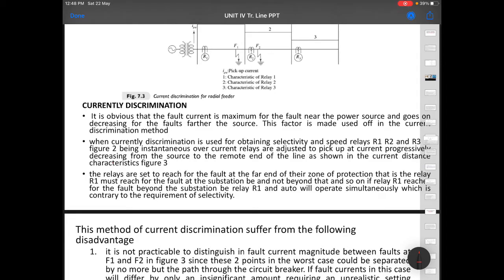Good morning. So we were discussing the protection of transmission line using overcurrent relay. As I said, it was not for the syllabus but for better understanding of the protection of transmission line using distance relay. To understand better the protection of transmission line by distance relay, we were looking at these aspects.